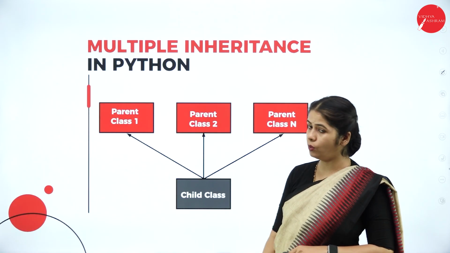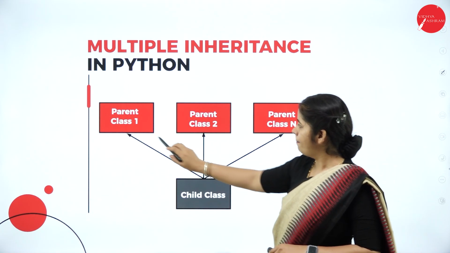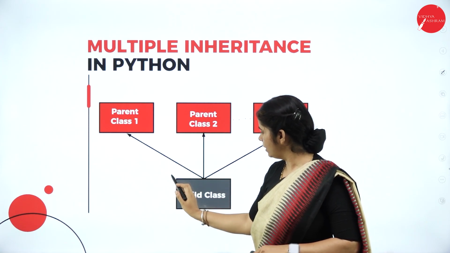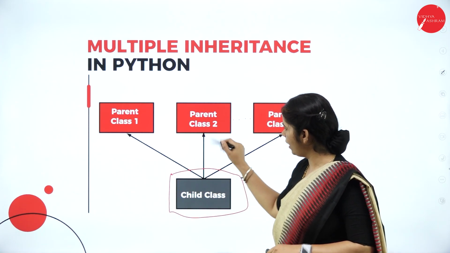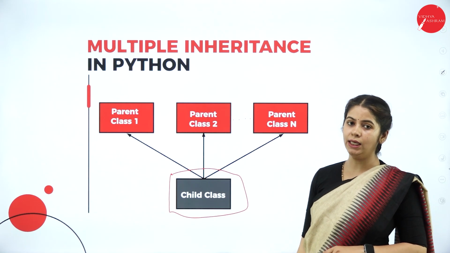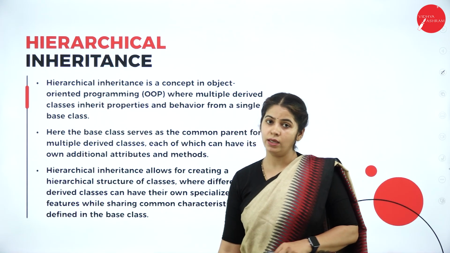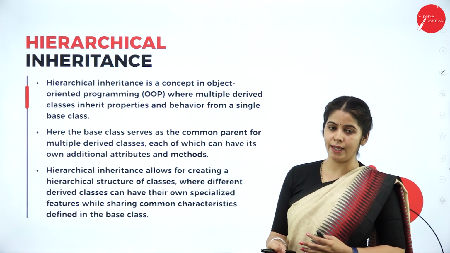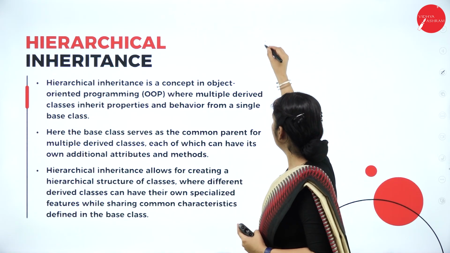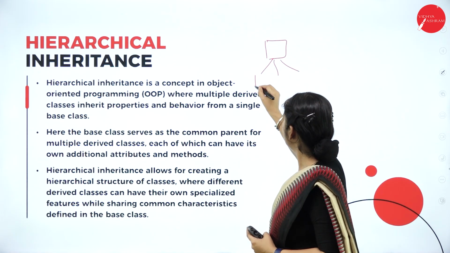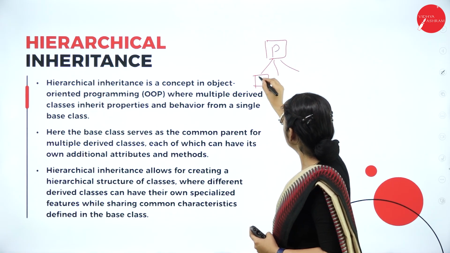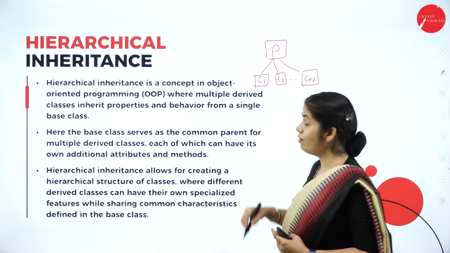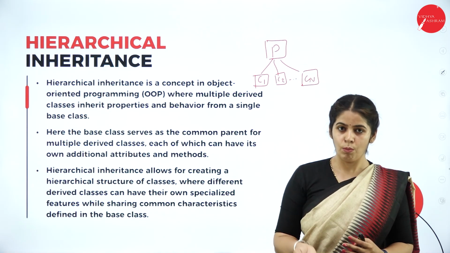Okay. Next, how are we going to represent this in the form of a diagram? Parent class 1, parent class 2, or you can have n number of parent classes. The child class can access all the attributes of any of the parent classes. Then hierarchical inheritance: as the name itself indicates, we have a hierarchy, we have levels in the inheritance. That is called hierarchical inheritance, where we have a single parent and different children. That is a parent class, child 1, child 2, and so on up to child n. The number of children for a single parent is more than 1.